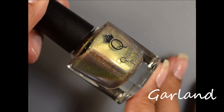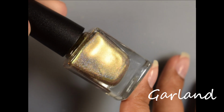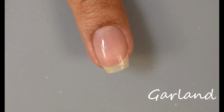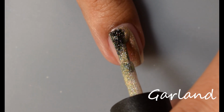And next up, we've got Garland. This is a golden holographic base with beige to gold to green shifting pigments and hollow micro flakes. On release, this one will be 10. This is another very intense shade in the collection. It is absolutely stunning. I wore it a little bit afterwards after I swatched this collection,